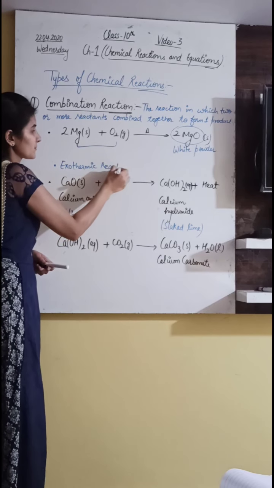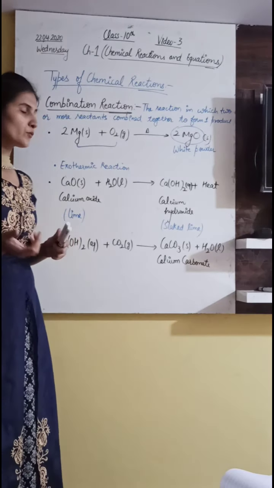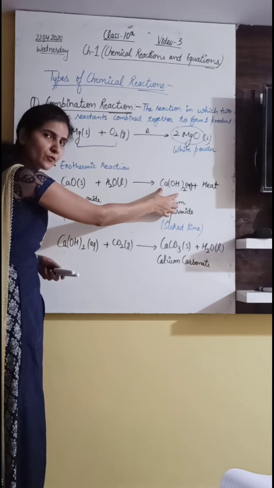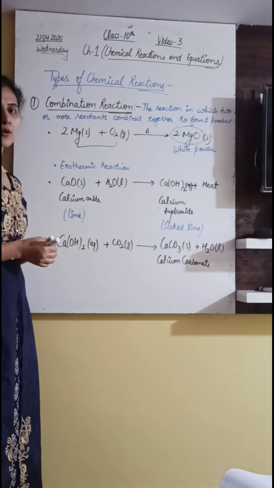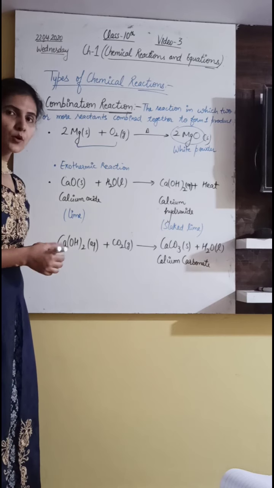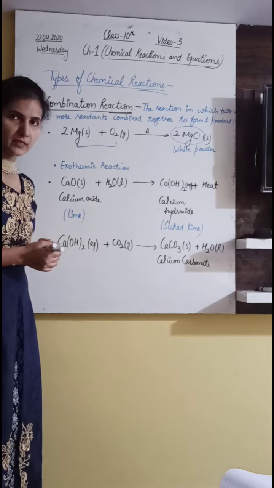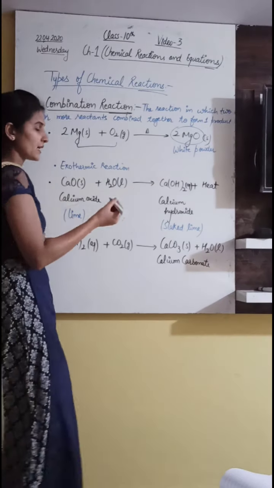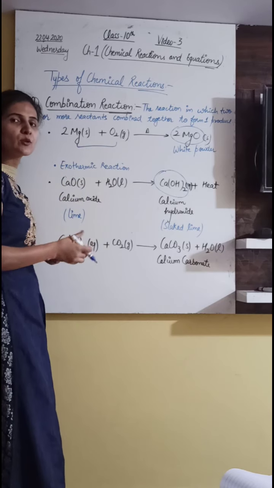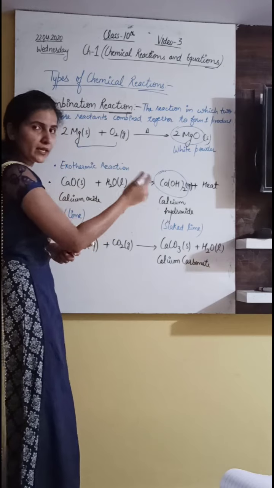Exothermic reaction. Okay. So yes, here we again see that 2 reactants are present but only one product will form. So again it is an example of combination reaction. But this reaction is very important because of one more reason. This calcium oxide is used in whitewashing. What we do is paint our walls, no? So this calcium oxide is used in whitewashing.